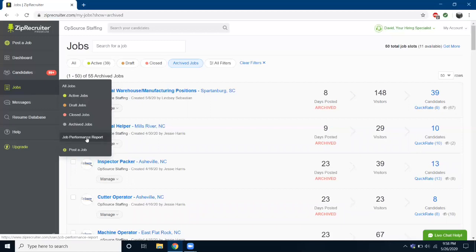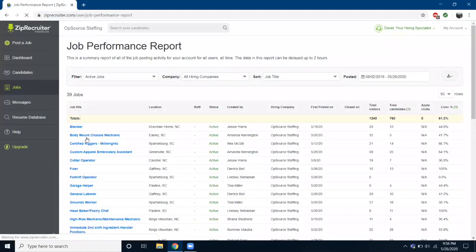And then your job performance report. So this will show you all the jobs that you have posted. It will give you the status of those jobs and who it was created by. Now, as I've said before, determined by your job title, you're going to either see everybody that has posted a job or just yourself. The hiring company, the first posted on, you'll see the total visitors for each individual posting, plus total visitors at the top, total candidates, apply clicks,